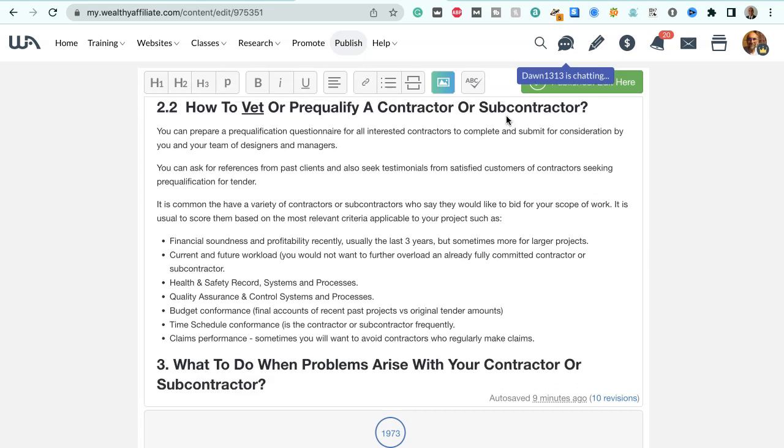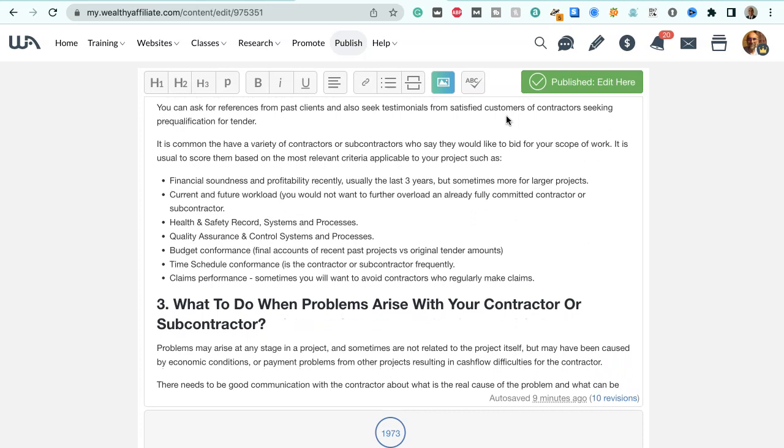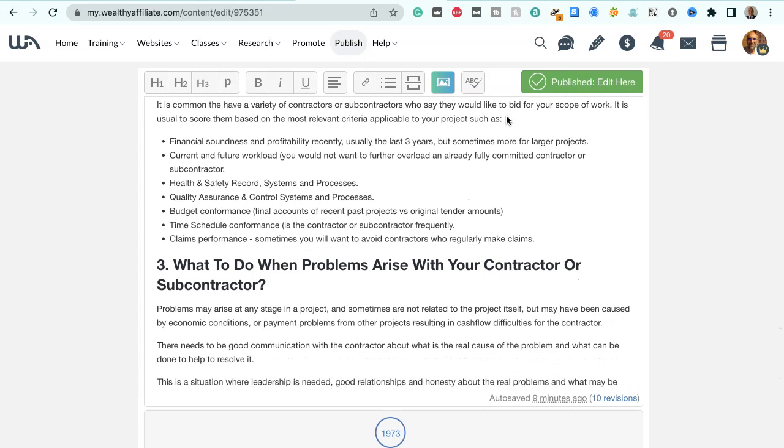How to vet or pre-qualify a contractor or subcontractor. You can prepare a pre-qualification questionnaire for all interested contractors to complete and submit for consideration by you and your team of designers and managers. You can ask for references from past clients and also seek testimonials from satisfied customers of contractors seeking qualification for tender. It is common to have a variety of contractors or subcontractors who say they would like to bid for